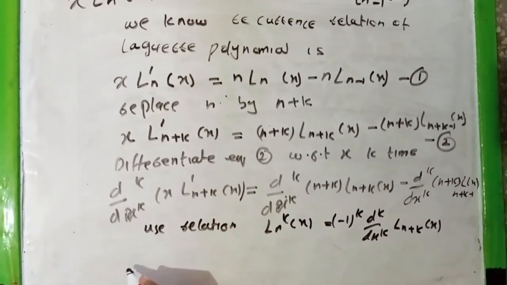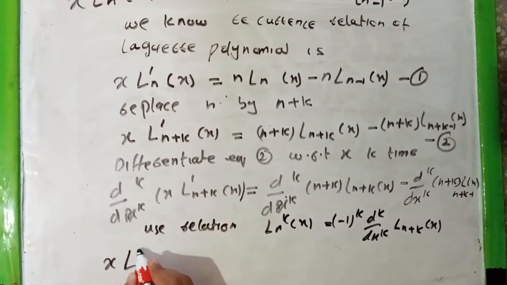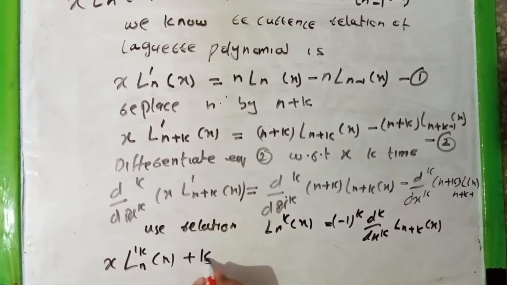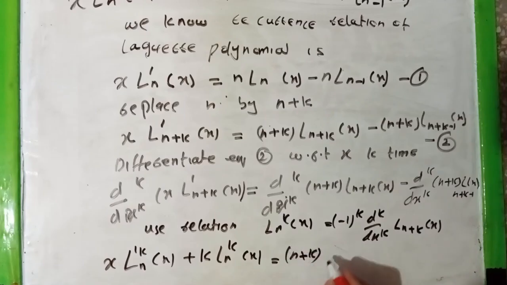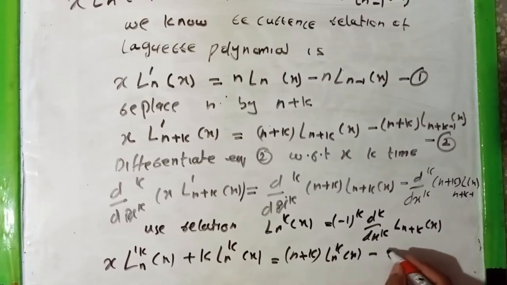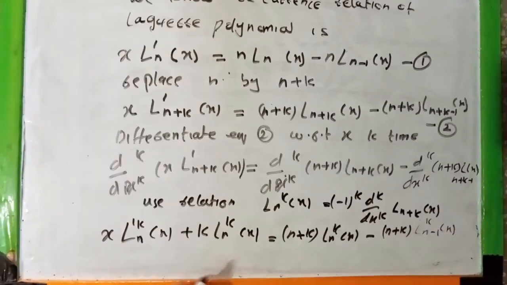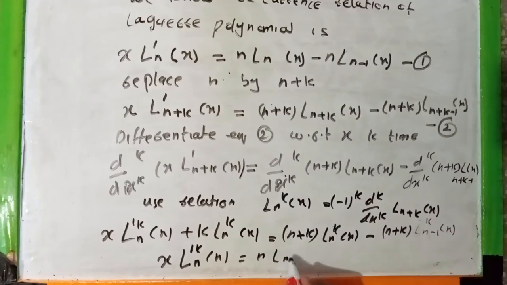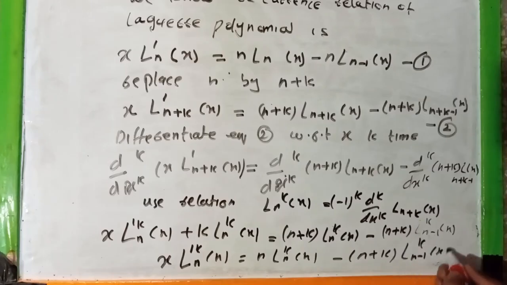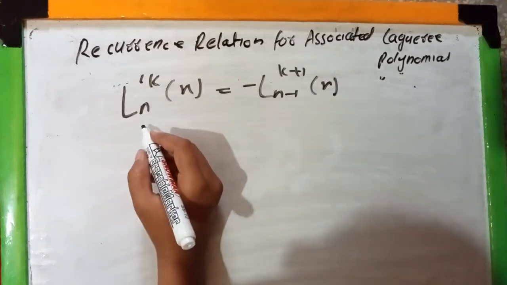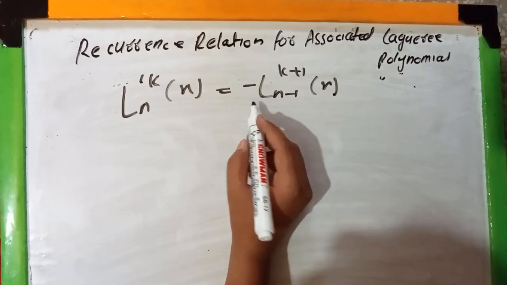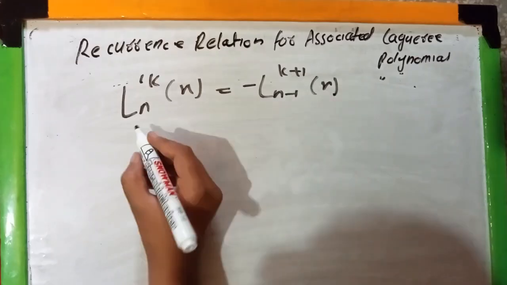So the above term becomes x times the derivative of L_n^k(x) plus k L_n^k(x) is equal to n+k L_n^k(x) minus n+k L_{n-1}^k(x), which gives x times the derivative of L_n^k(x) is equal to n L_n^k(x) minus (n+k) L_{n-1}^k(x). Another relation is that the derivative of L_n^k(x) is equal to minus L_{n-1}^{k+1}(x). We know